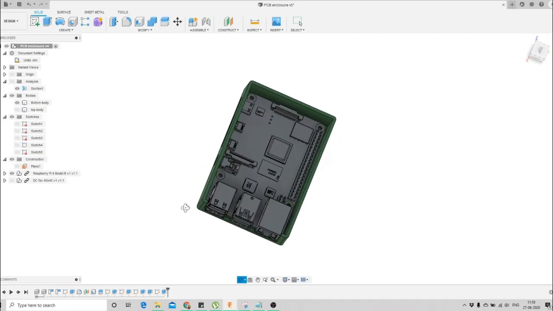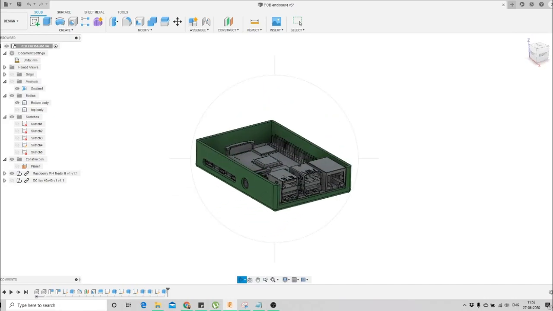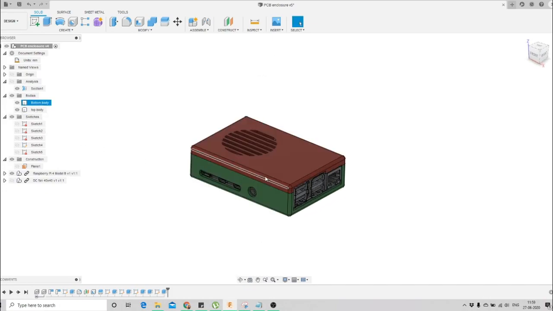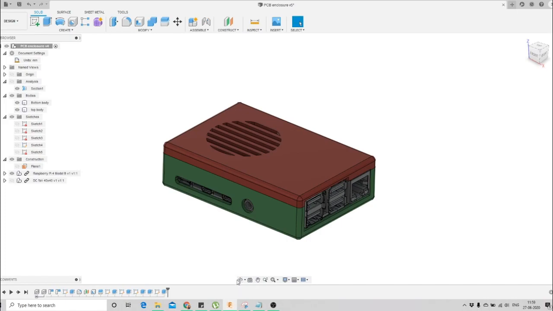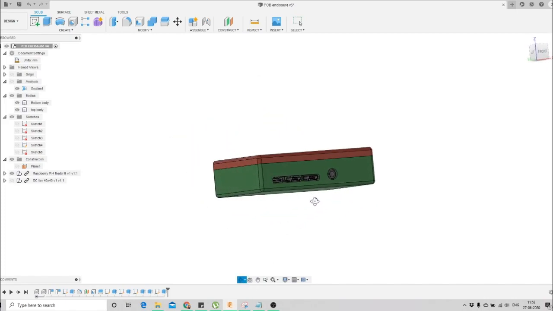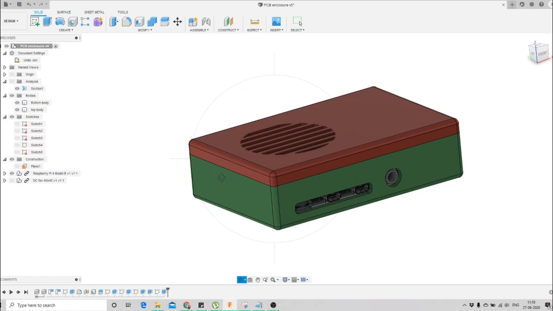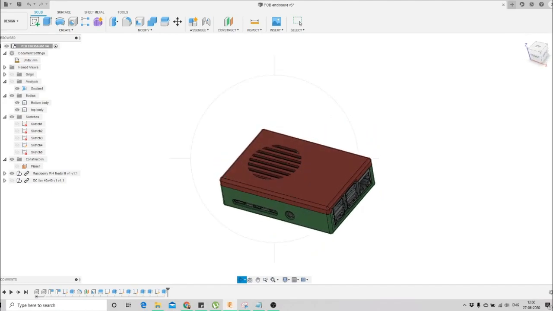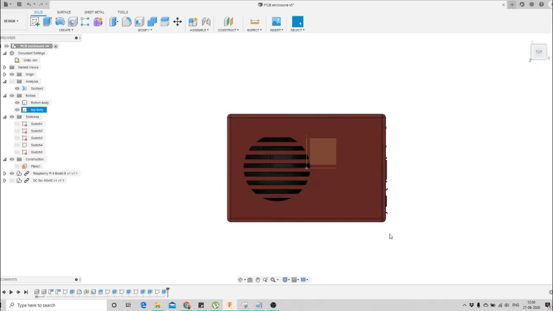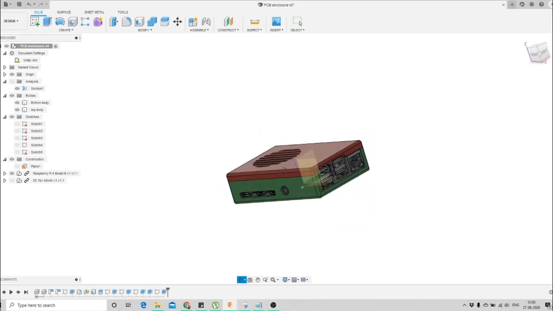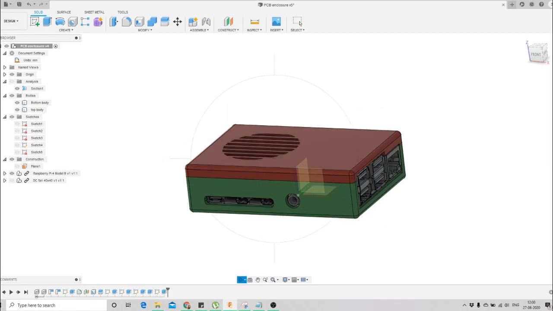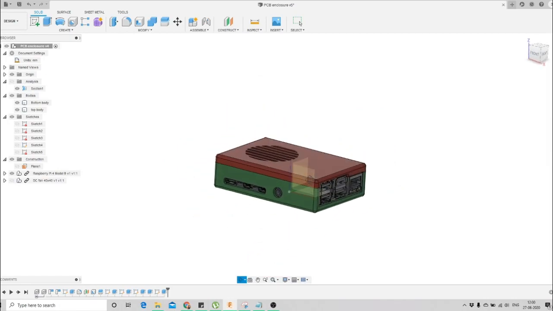We had also created an opening to access all the components like USBs and power supplies in the top and the bottom bodies both, and we also created the opening for our fan. Now the next thing we have to do is create a snap fit joint. To create a snap fit joint, we have to turn on our origin. We have turned on our origin, so we can see the origin at the center of our body. We will create 4 snap joints, one somewhere here, one somewhere here, and the same 2 on the other parts. So there will be 4 snap fit joints.